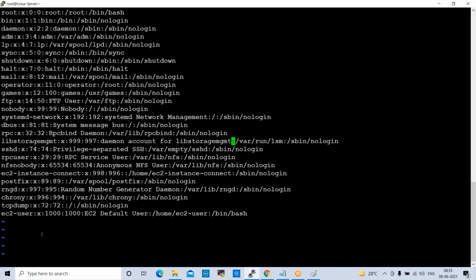And also to move the cursor backward word by word, small b. Like this, we can move word by word backward. And next one is to move the cursor forward n words. I want to move only n words, nw.